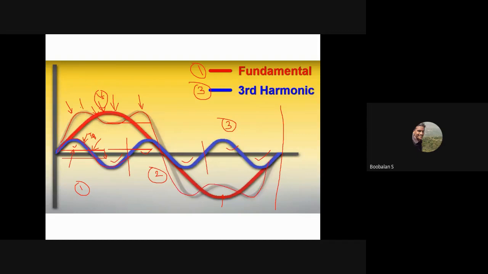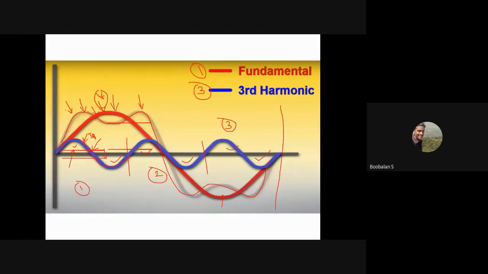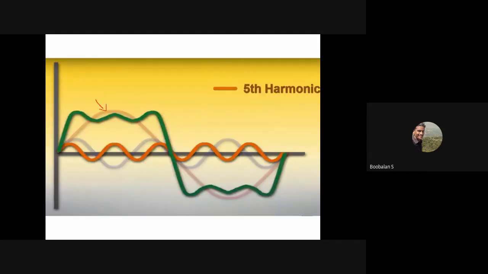In my gray color you could see it is now getting distorted. See what happens when this occurs. If your fundamental frequency is 1 hertz, my harmonic is 3, so this is my third order harmonic system. And if red is my original voltage, the orange one is my input current, called the drawn current. It completes 1, 2, 3, 4, 5 cycles. When red completes one cycle, the drawn current completes 5 cycles, so it is now the fifth order harmonic.